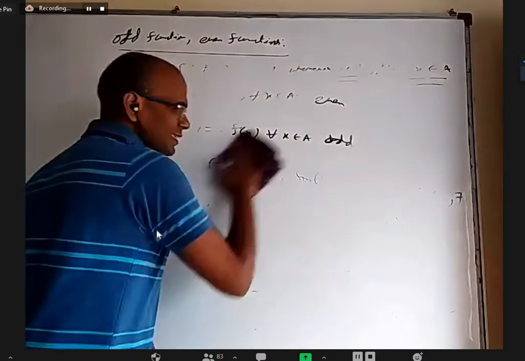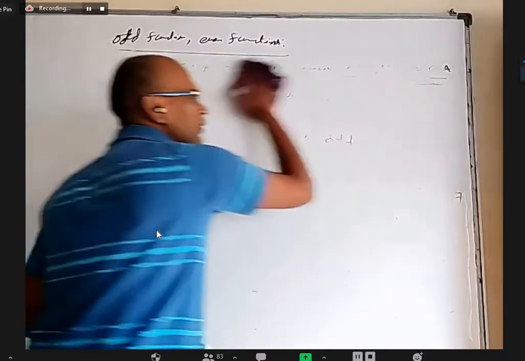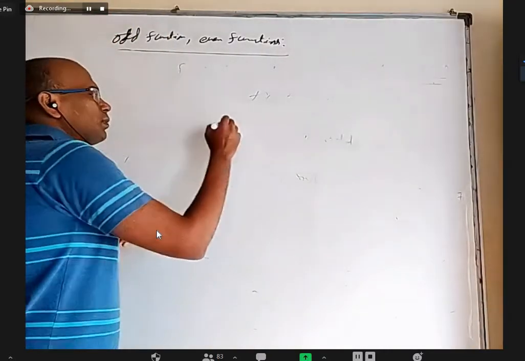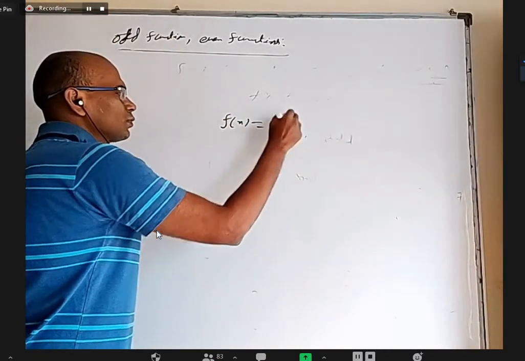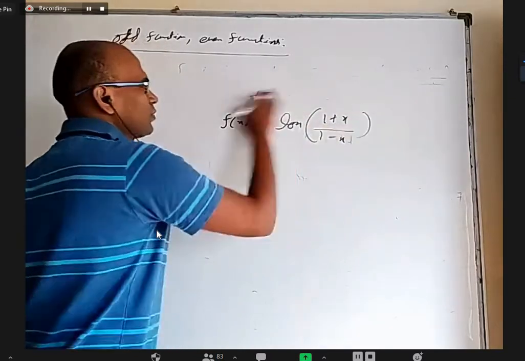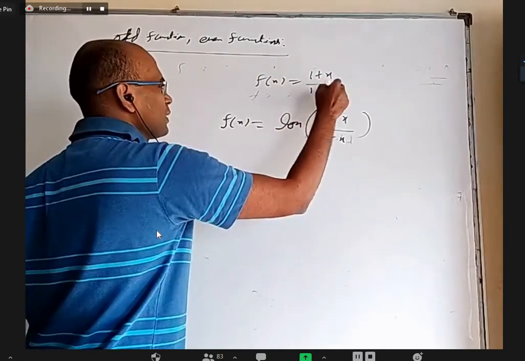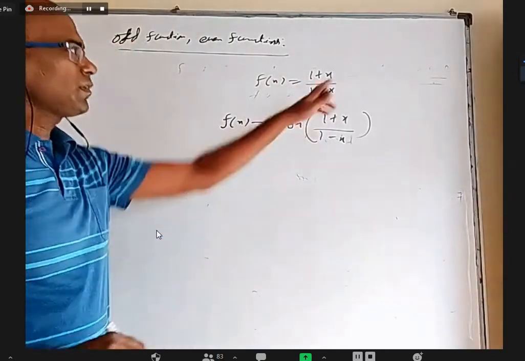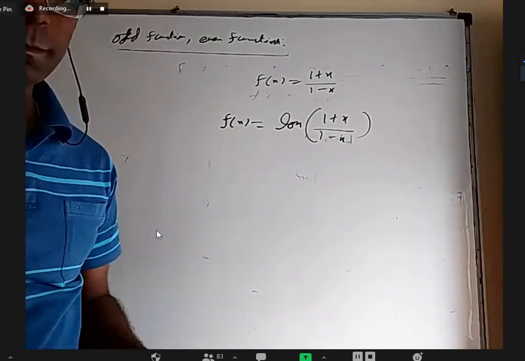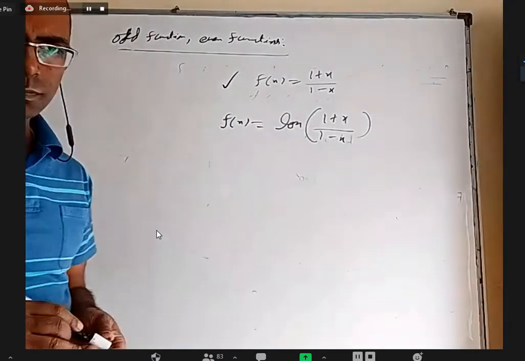Anyway, we have seen some questions which are quite obvious. Without writing much, we can say they're even or odd. Sometimes we may have to do a little bit of work. For example, you take f of x is equal to log of 1 plus x by 1 minus x. Before that, first of all, if I take f of x equal to 1 plus x by 1 minus x, tell me whether this function is even or odd. The first one, whether it's even or odd.